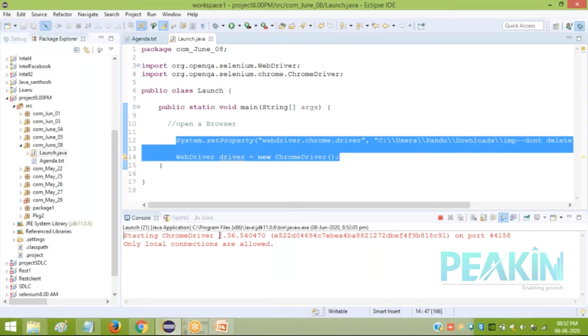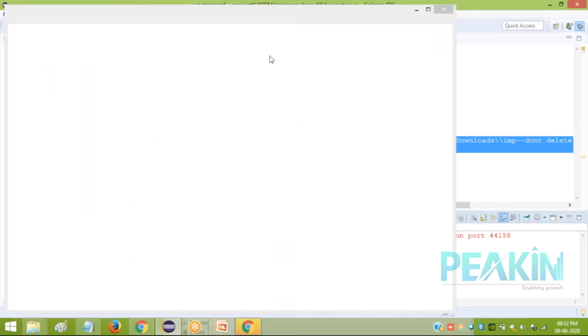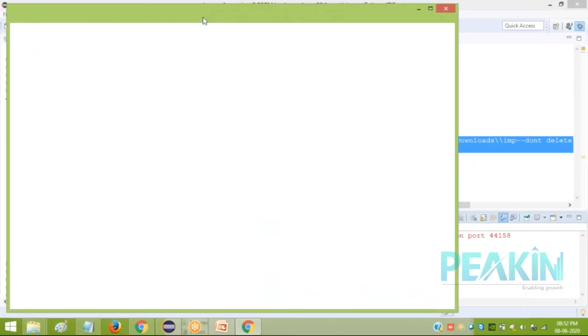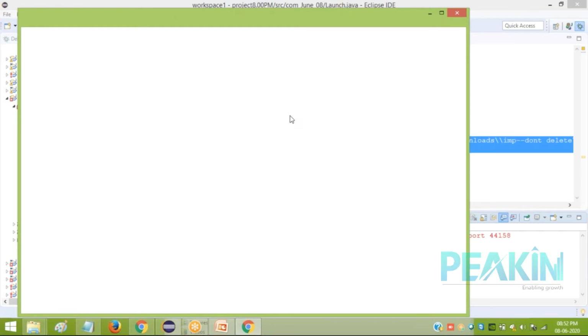It's starting the Chrome driver, and you see one browser is getting opened. This is the output of those 2 lines. As you created an object for Chrome driver, it is opening a Chrome browser.